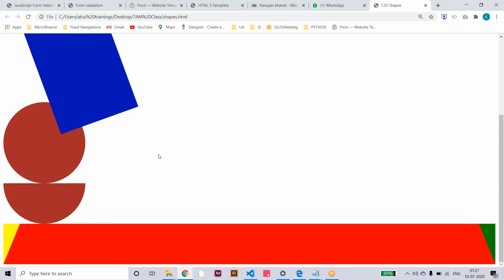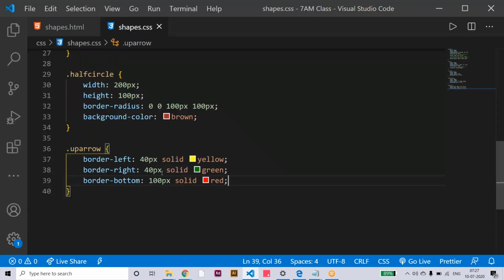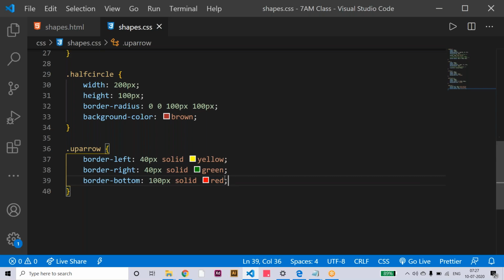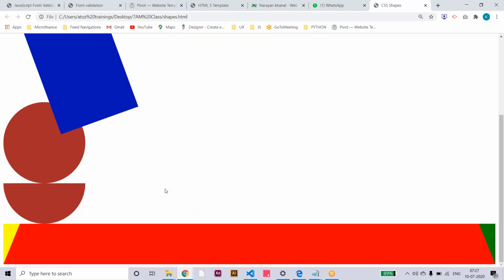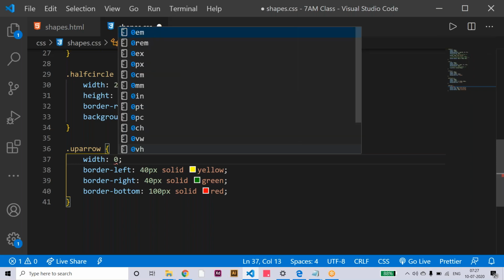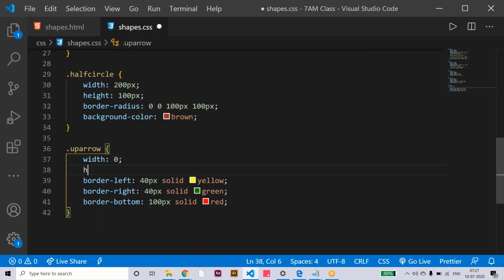Okay, so it's created like a full rectangle, from one side 40 pixels, and bottom 100 pixels. Here, first we need to create the object, and then we can apply the border, because without any object like a square, rectangle, circle, or any image, we can't apply any borders, right? So first we need to create one box with zero values, width 0 and height also 0,